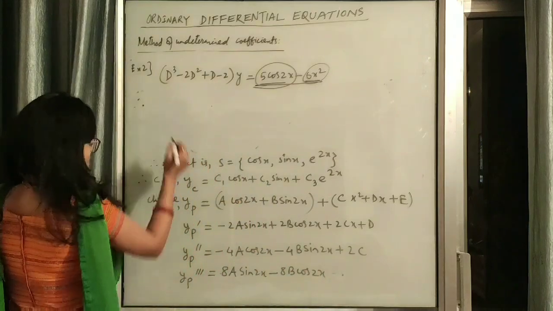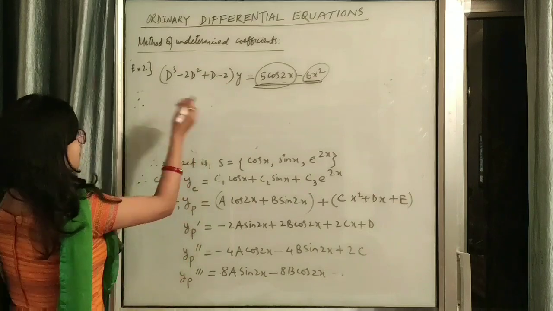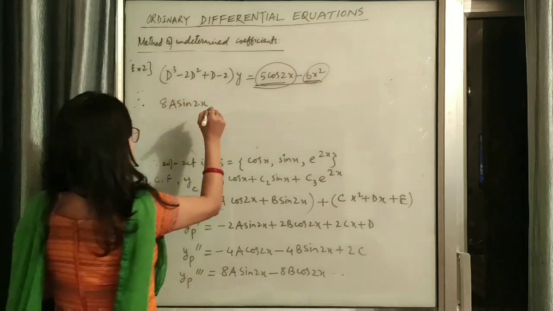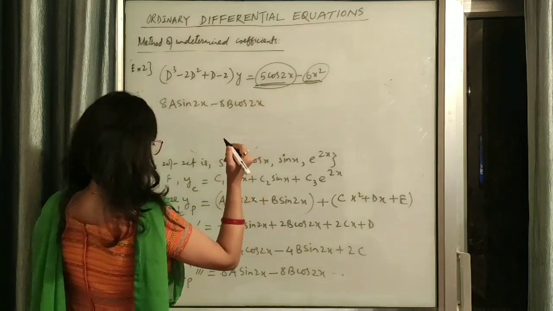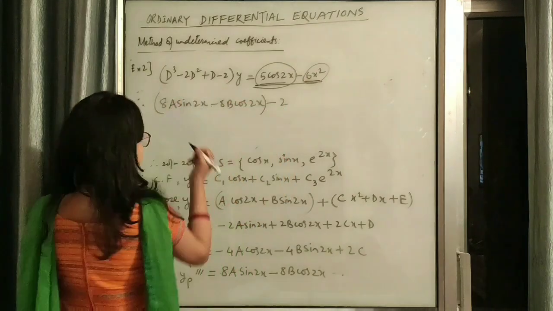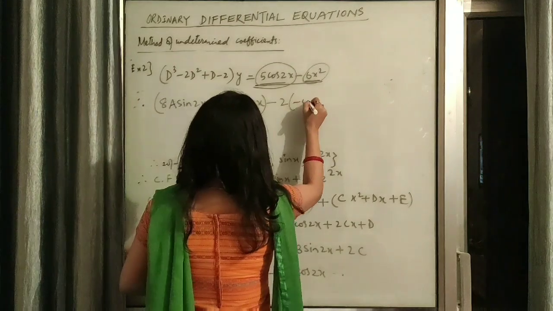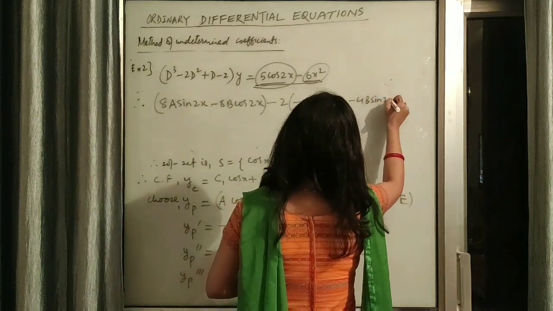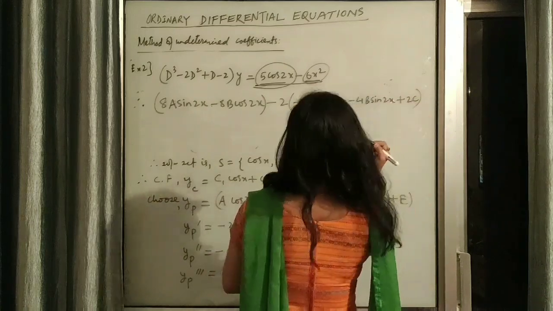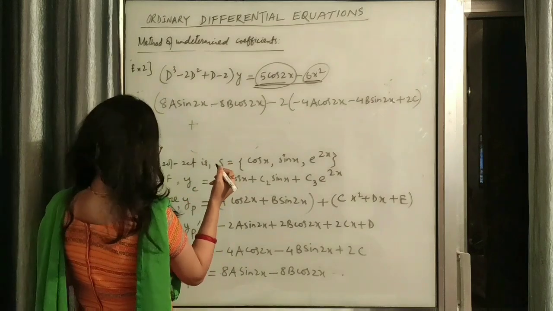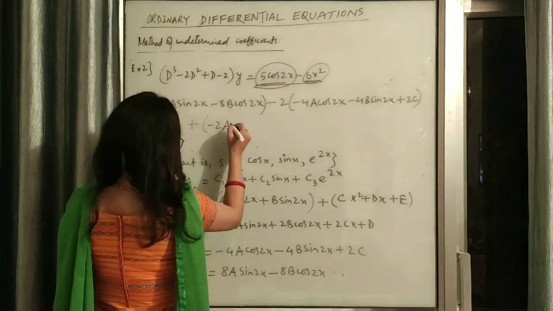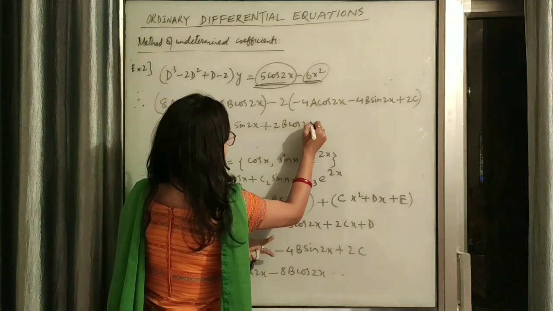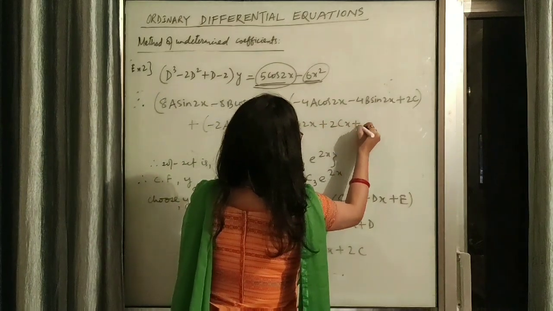Now substituting yp, yp dash, yp double dash, yp triple dash in the given differential equation, we get 8a sin 2x minus 8b cos 2x minus 4a cos 2x minus 4b sin 2x plus 2c plus dy, dy means the yp dash, minus 2a sin 2x plus 2b cos 2x plus 2cx plus d minus